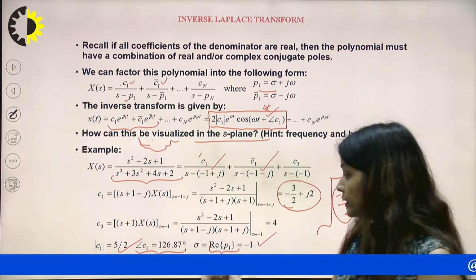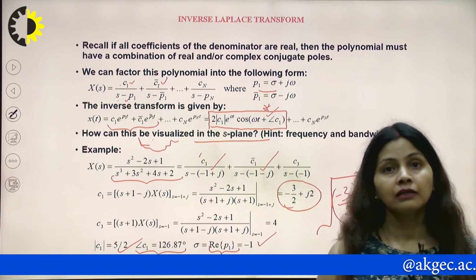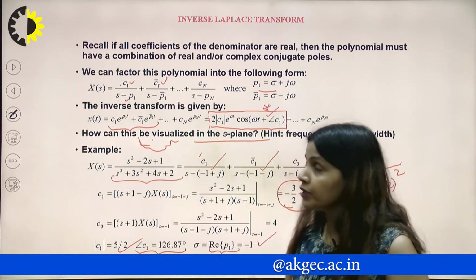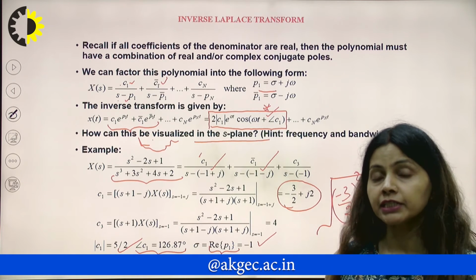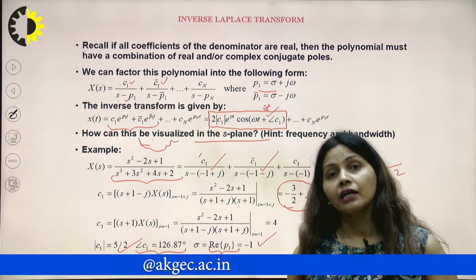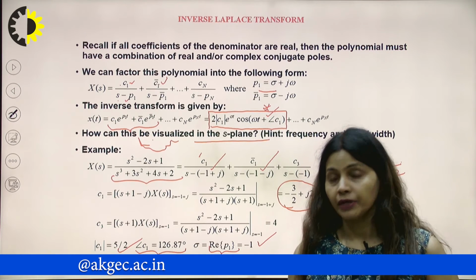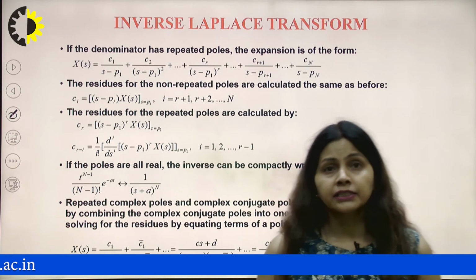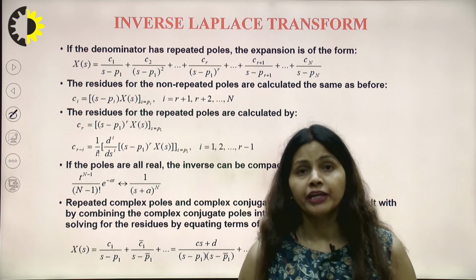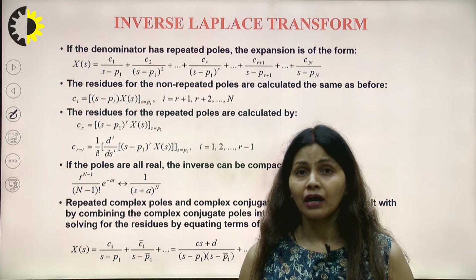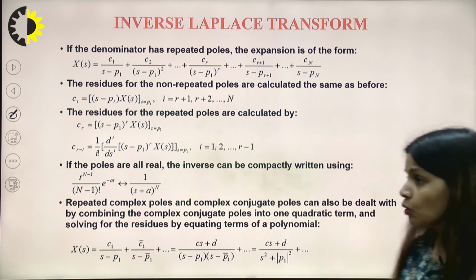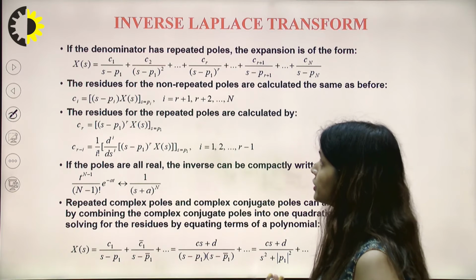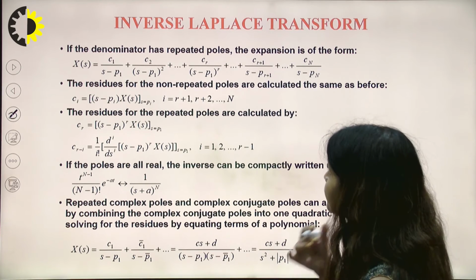pair, and this is the normal inverse Laplace transform. So that is how we calculate the inverse Laplace transform if the poles are occurring in conjugate pairs. Now the next, and a very important case, is that sometimes poles are repeating. So what to do when the poles are repeating? Then how is the calculation going to be done for the calculation of the inverse Laplace transform?